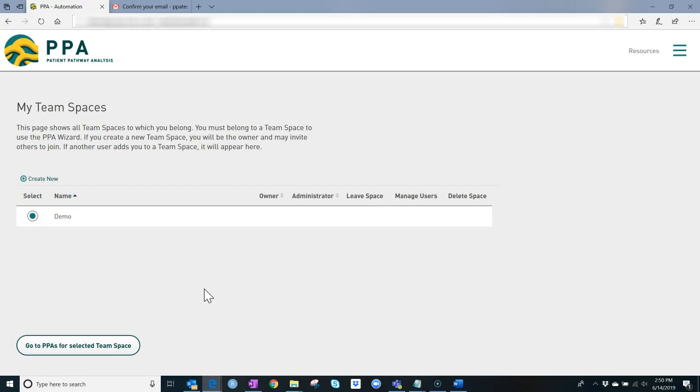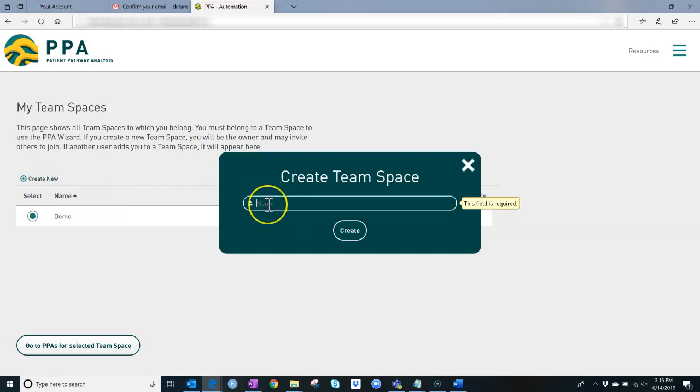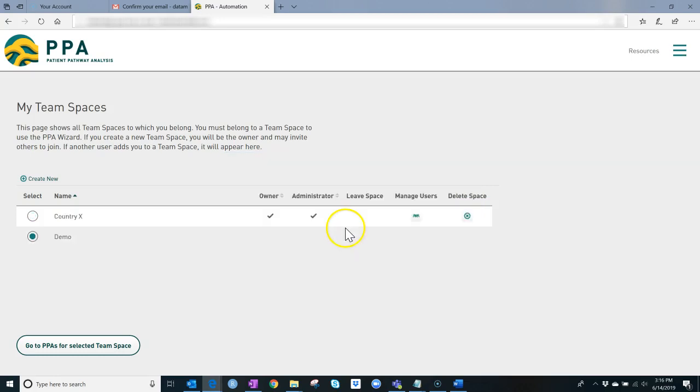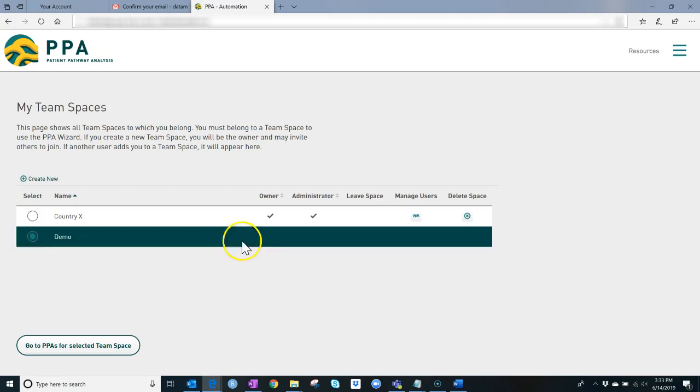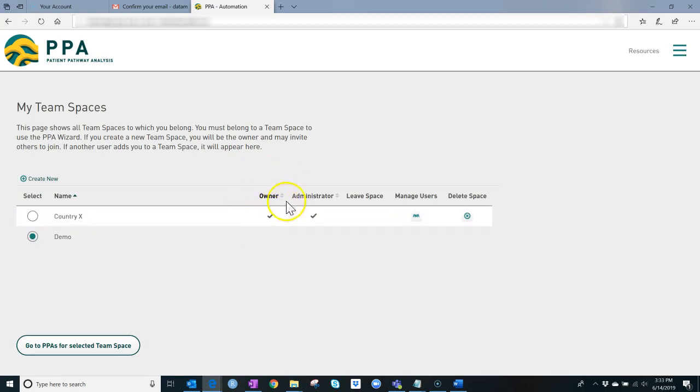Aside from the demo team, I'm not yet a member of any teams, so I'll go ahead and create a new team space now. I'll call my team space Country X. As the creator of the team space, I am its owner, and I'm the only person who can ever delete the team space. I'm also automatically an administrator of the team space, so I'll be able to create PPAs, modify